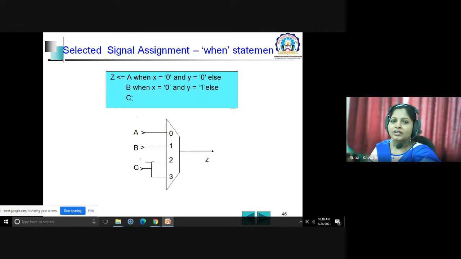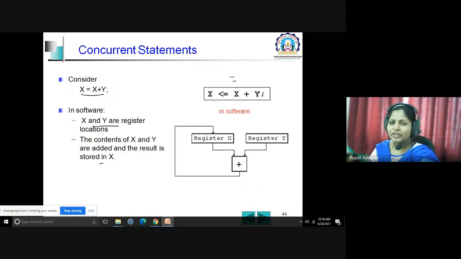In this concurrent statement, we have written y less than or equal to a and b. This is one concurrent statement where I have used the logical operator AND. The less than or equal symbol is the assignment; instead of only an equal symbol, we always write less than or equal for this assignment. If you write five such statements together and change their position, the working of those statements will remain the same. So they are position independent.